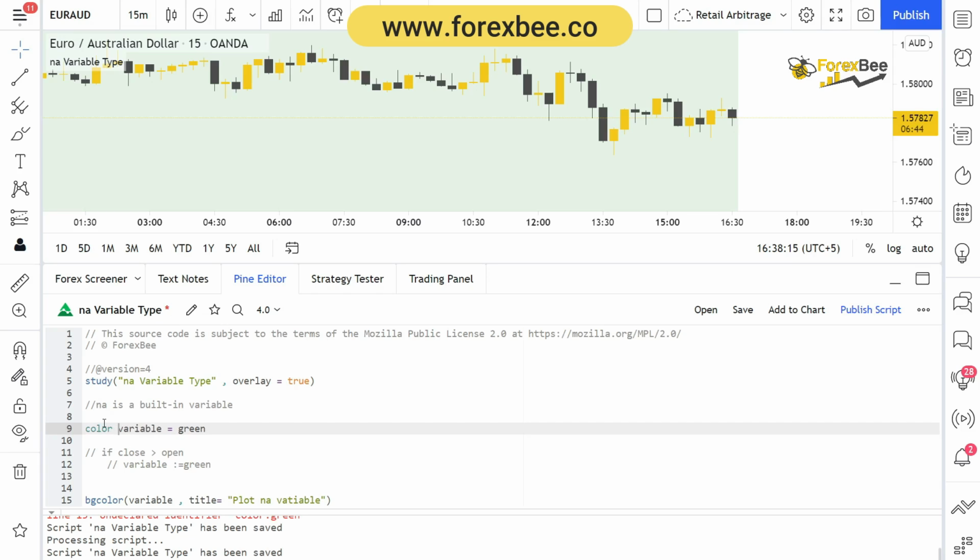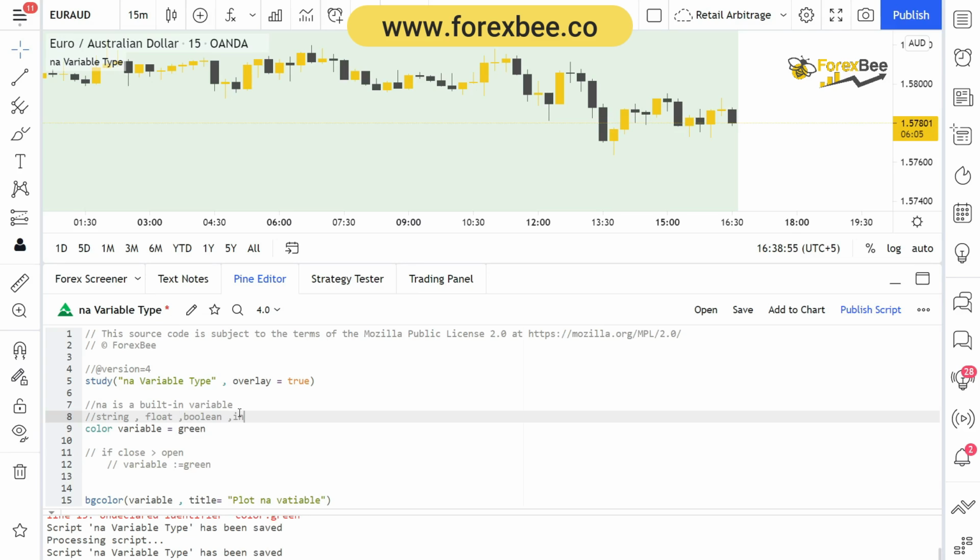Okay, so there can be different types of variables. There could be string, float, boolean, int, line, and label, and also color. So what I have done is I have already assigned the variable type, that is color, and then I have given the variable a green color. Okay, so when I save it and add it to chart,